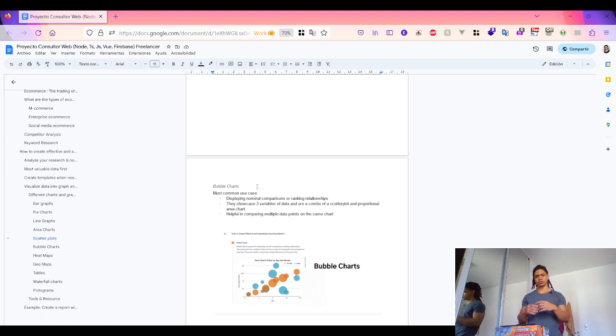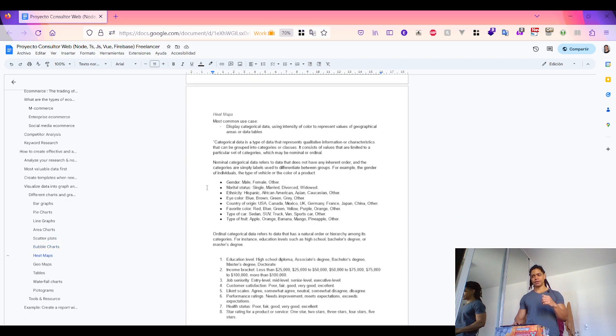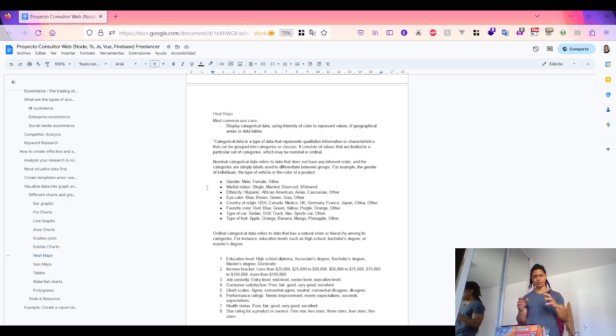This nominal data, such as gender, ethnicity, color, fruit, cars. So, for example, you have time spent on the internet, age, and gender, right? Great for displaying nominal data that doesn't have an inherent value, an inherent order. Okay. And then I look at the heat maps, okay, which are helpful to display categorical data,